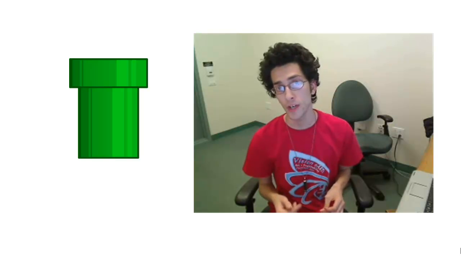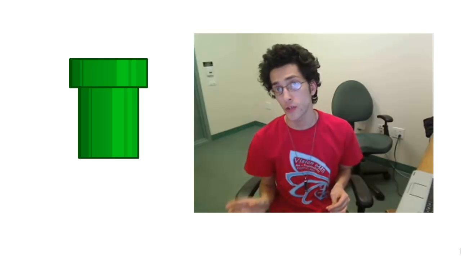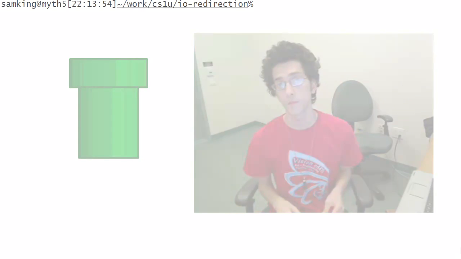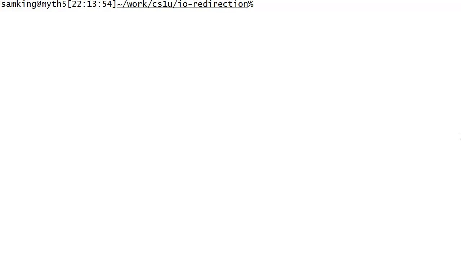Sometimes you have a program that you want to run a bunch of times, and every single time it requires you to type in some input. If you want to avoid that, you can put that input into a file and redirect the file to standard input. For instance, let's say that we have a short script